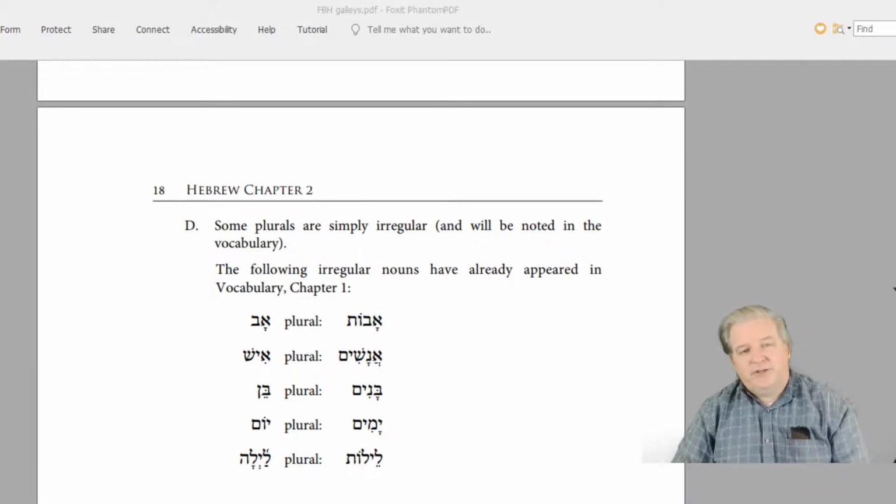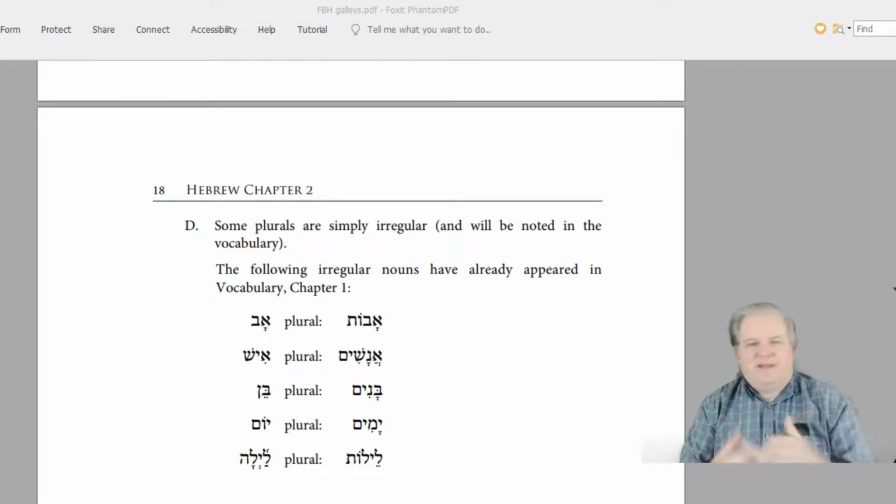Yeah, there's going to be irregularities because it's a 2,000-year-old language, and I think it's already about 1,000 years old by the time you get to King David. From the time of Abraham to David is about 1,000 years, I believe. Depends on how you date everything. That's a long time for a language to develop, and it's going to be introduced with all sorts of foreign words and